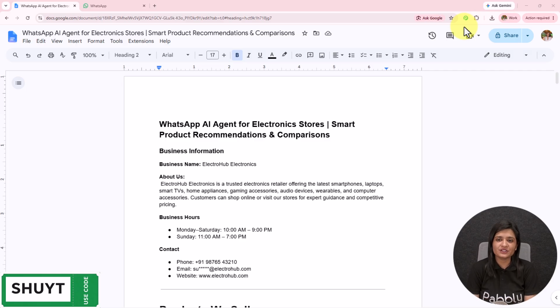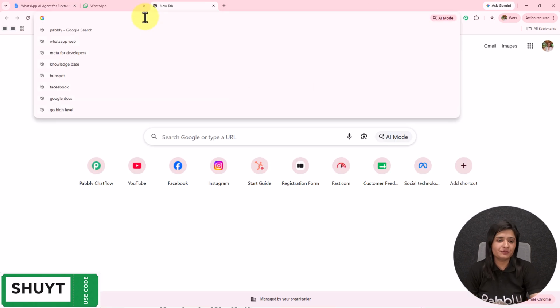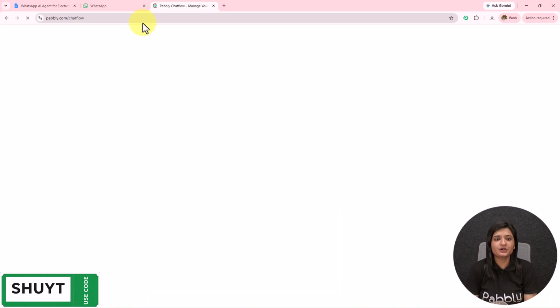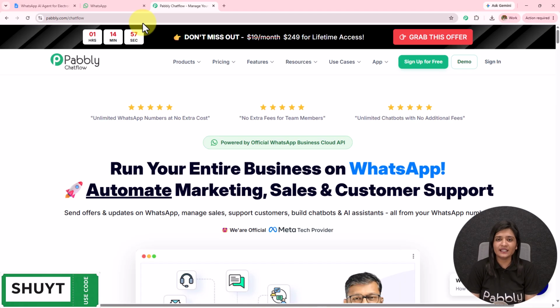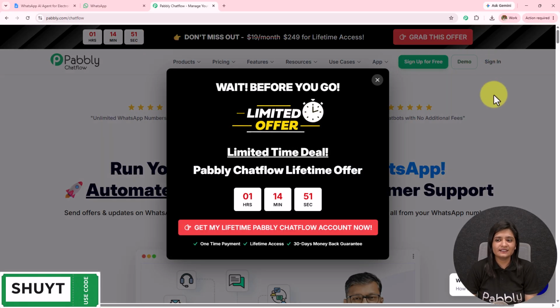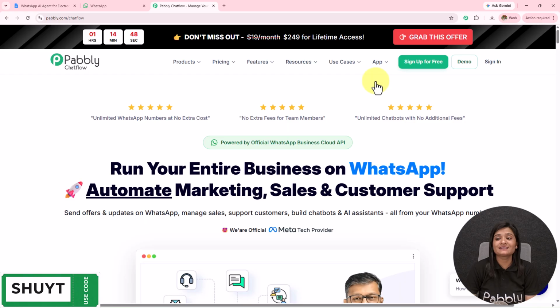For this, we are going to first visit Pabbly Chatflow. To visit Pabbly Chatflow, we have to write www.pabbly.com/chatflow in the browser, and after browsing the website, we need to sign into our Pabbly Chatflow account. On the top right corner, we can see two options: sign in and sign up for free. If you are an existing user, click on this sign in, and if you are a new user, click on this sign up for free,